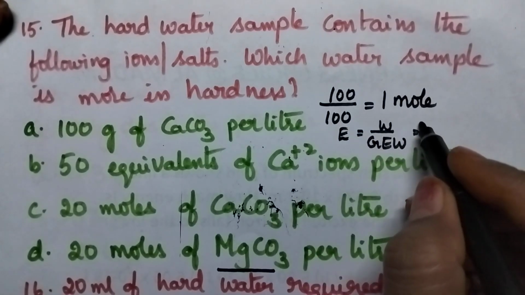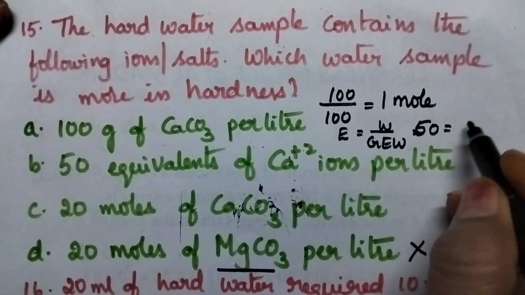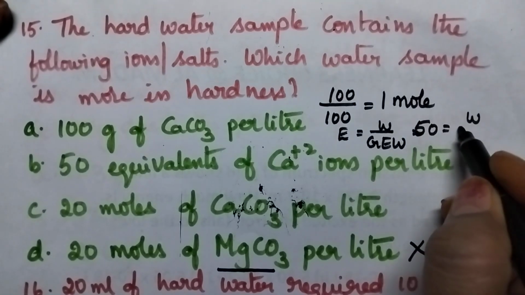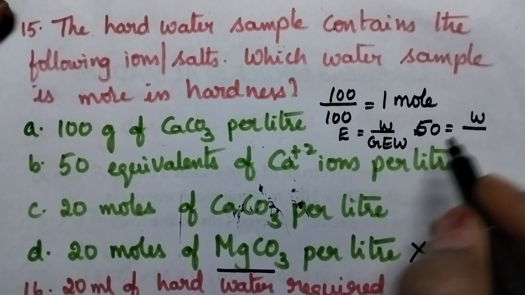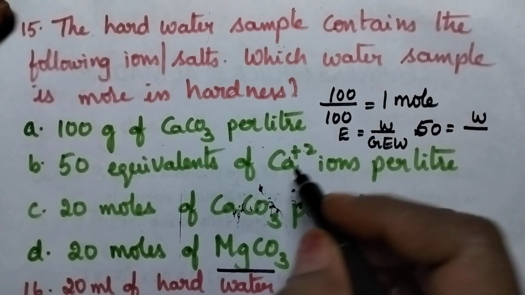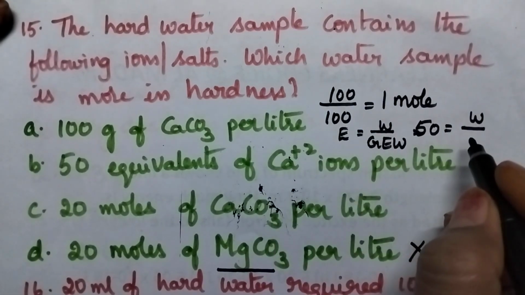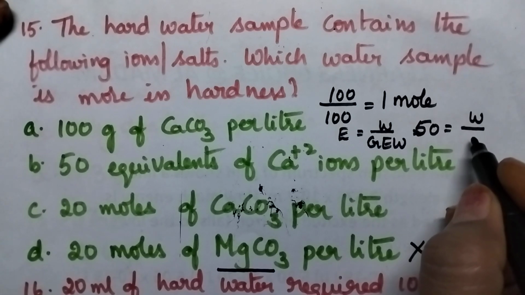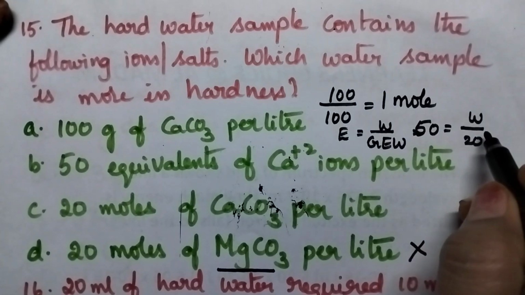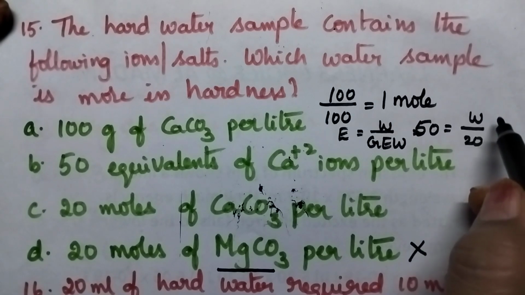So here the equivalents will be 50. So we have to find out the weight. So that is equal to W by, what is the equivalent weight of calcium? So it is 40. Atomic weight is 40. 40 by 220. So the weight of the calcium is equal to